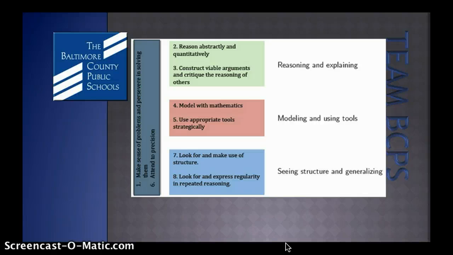Here's how they lay out. And as you notice, 1 and 6 are always in play. Every day in math, they are going to do these because these are the overarching standards. But when you look at the others, then you can start to look at where they fall. And I think that really comes into an important piece that our scholars need to understand where they are using these standards of mathematical practice.